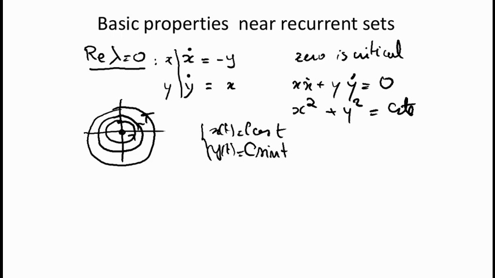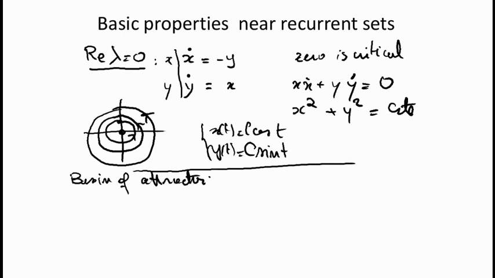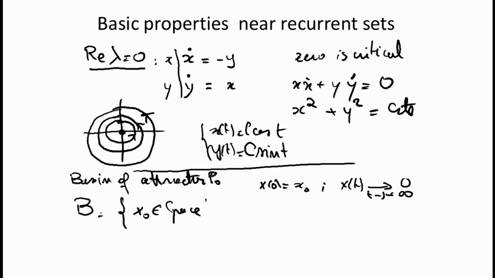So this is very different from the classes that we studied previously. Now, an interesting notion is the notion of basin of attraction. So what is the basin of attraction for an attractor? This is the maximal, the biggest set, such that if you start at a position x0, then you converge, let's say, to the point P0. So if you start at this point, the trajectory x of t converges to P0 as t goes to infinity. So the basin of attraction B of P0 is the set of x0 in your space such that, and this is the maximal set,